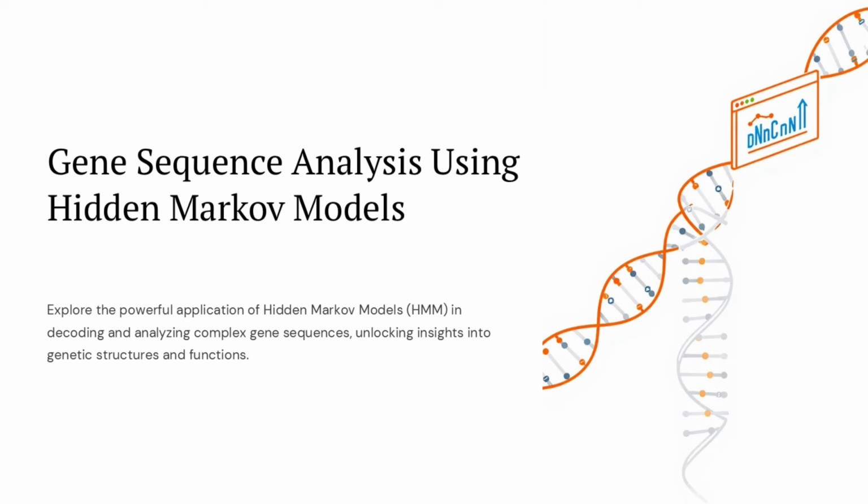Gene sequence analysis is a critical field that helps us understand the building blocks of life. Hidden Markov Models, HMMs, are a powerful statistical tool for decoding and analyzing complex gene sequences. HMMs can uncover hidden patterns and structures within genetic data, revealing insights into genetic functions and mechanisms. This presentation will explore how HMMs are applied to gene sequence analysis and the valuable insights they can provide. We'll discuss the key principles behind HMMs and see examples of how they are used to gain a deeper understanding